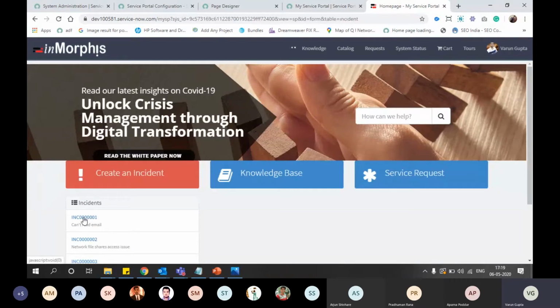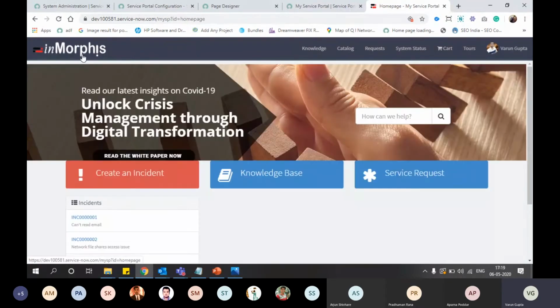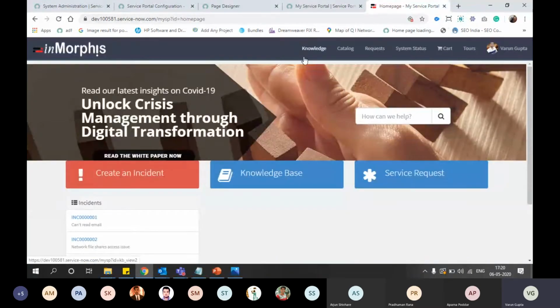If I click on a record, it will redirect to the link page, that is the form. So far we have configured a basic service portal. We have configured the header, then icon links, then list.